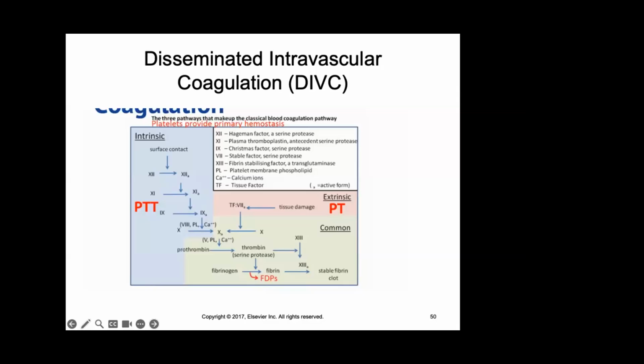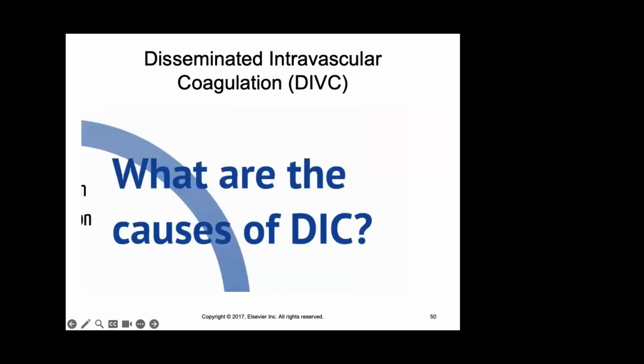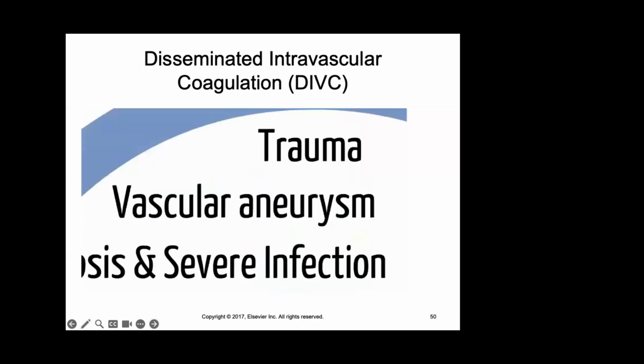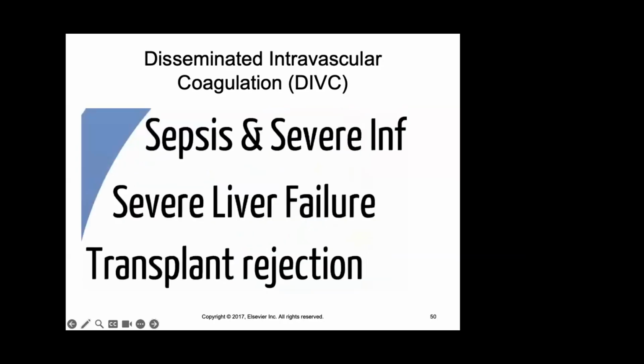Now that we know the basics of coagulation, let's look at the details of DIC. So first, we'll look at what are the causes of DIC. The causes of DIC are wide, and they include trauma, vascular aneurysm, sepsis and severe infection, severe liver failure, transplant rejection,